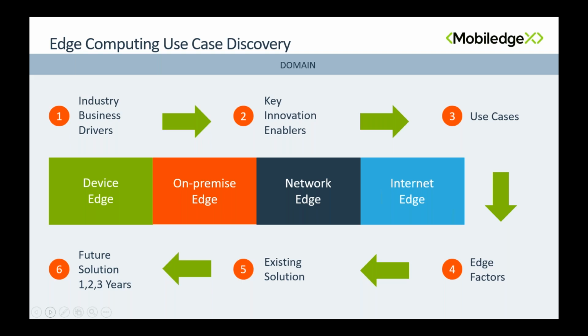Is it managed latency that's more important in terms of predictability? Is it actually a bandwidth problem? Is it a data residency problem, a clustering problem? So there's a discipline that we follow to understand, consistently across all use cases, how these things start to appear in different industries with different enablers.